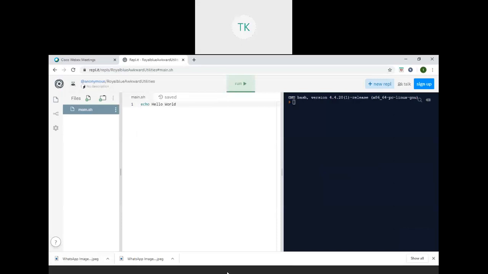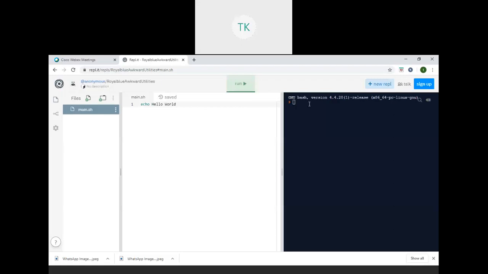This is the editor space. This is a compilation space. Here this bash is a part of GNU bash. Within the Linux environment, we call it GNU.